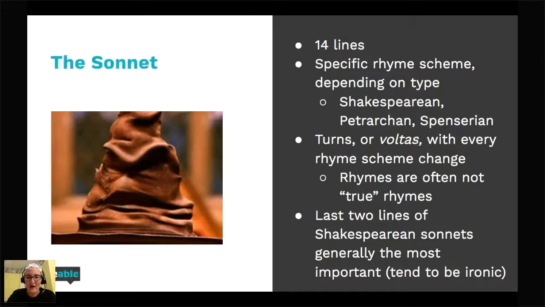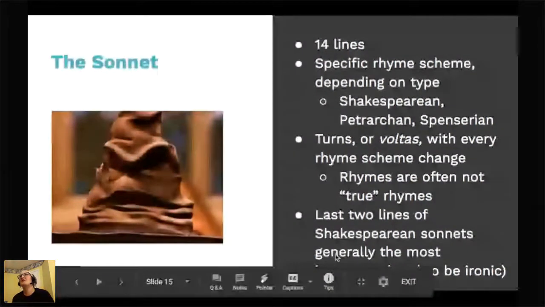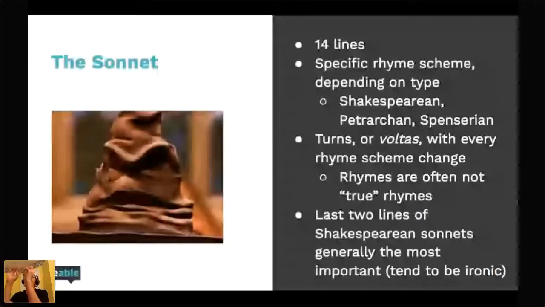All right. If you see a Shakespearean sonnet, the key thing to notice is the last 2 lines. Because it's 14 lines, he's got 3 sets of quatrains, so A, B, C, D, E, F, and the last 2 lines rhyme with each other. There can be 3 voltas. The key with a Shakespearean sonnet is the last 2 lines tend to be ironic or tell you the meaning of the poem. I plan to go through this, but I'm not going to go through it super in depth.